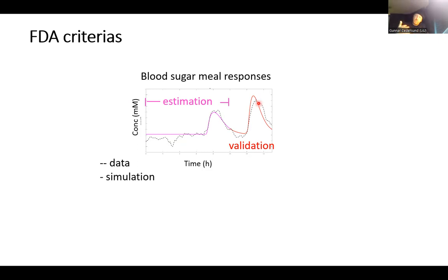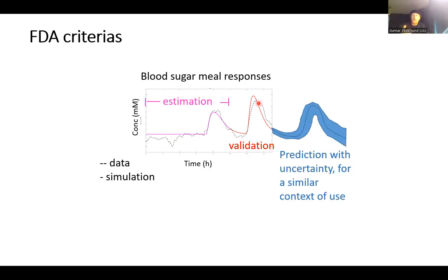And then the question is, do you want to use it to simulate something very similar? For instance, like the dinner response, where you're just eating something quite similar to what you ate over lunch. Then you're probably fine because your context of use is similar to where you did your validation. But if you want to use it to say what will happen if I have a drug, and you have no data that's similar to that or what the drug is modifying in your system, then your validation is not at all good enough for the context of use. So you need to keep track of this sort of distance.